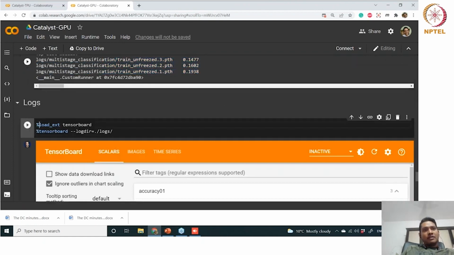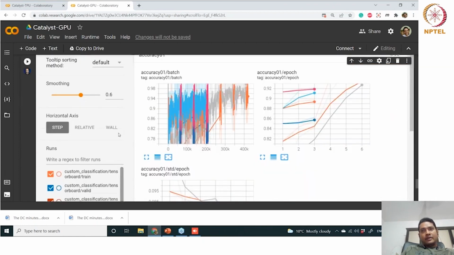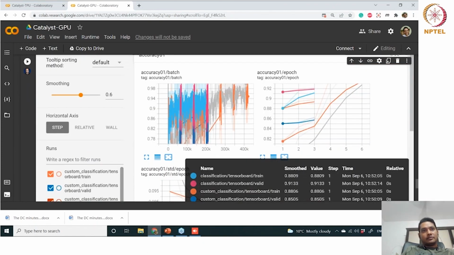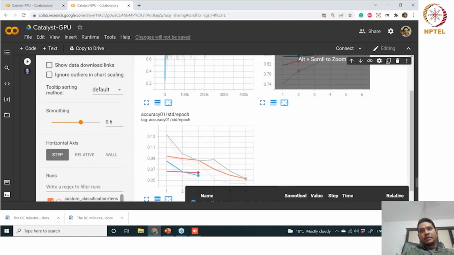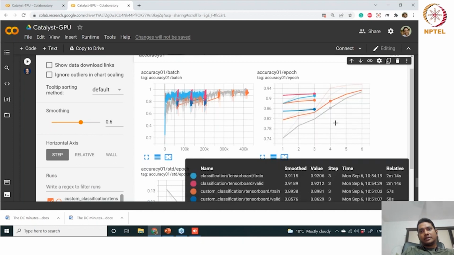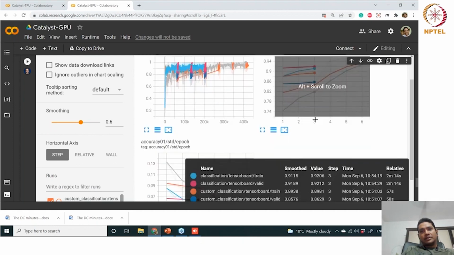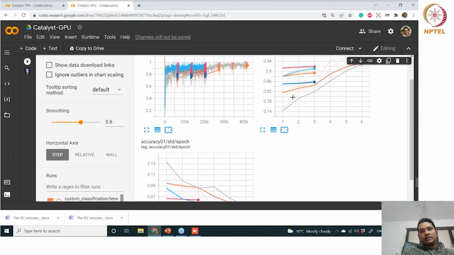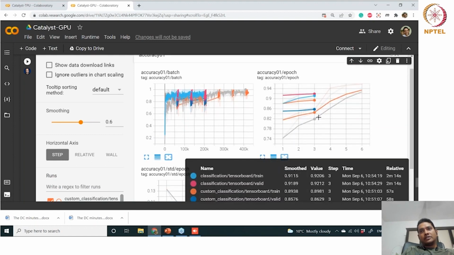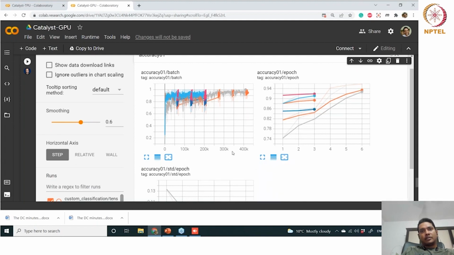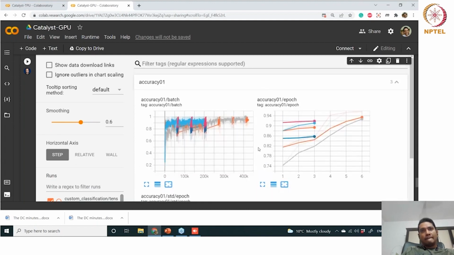Now, to see the logs, you can use TensorBoard to get the profiles. As you can see here, this is the multi-stage classification that we have done. You can see that after the first stage, the accuracy has hopped up. This is the typical way of training your model.